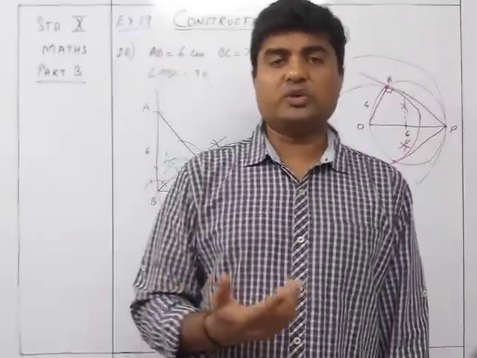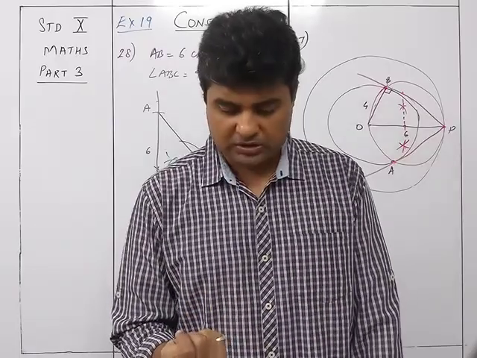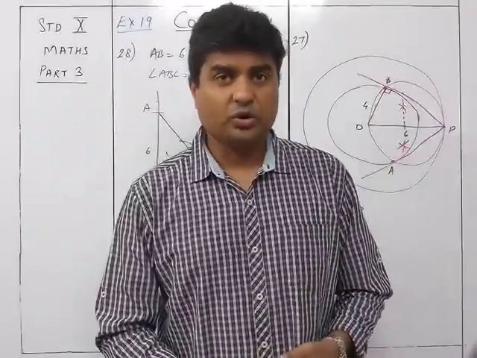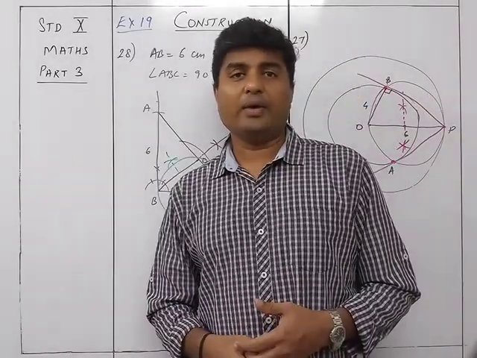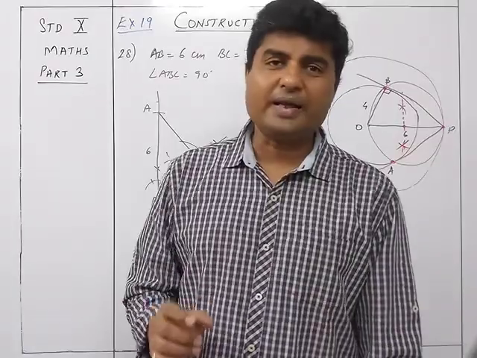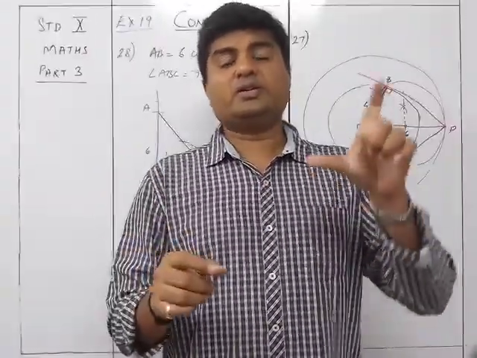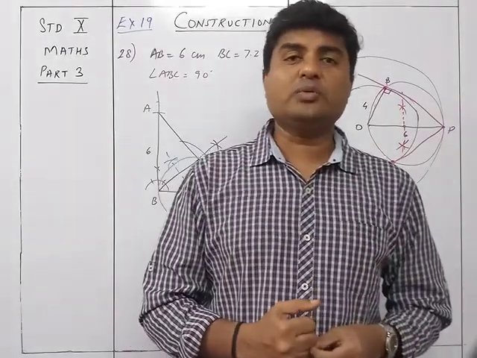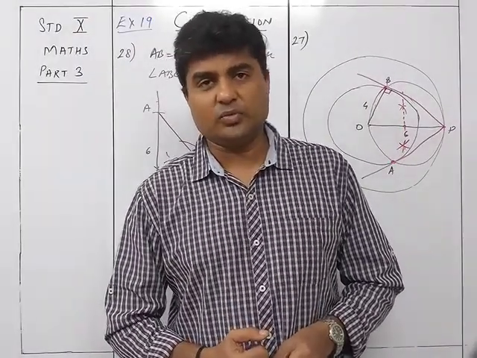But of course, such questions cannot be asked in the boards for you all, because the Locus chapter is not there. So definitely they can ask you questions like this, wherein you don't need that particular Locus part, that is equidistant from this. Locus part means which one, where it is given that equidistant from A and B, equidistant from A, B and B, C. When they say that, it is the Locus part. So that particular part you can consider to be cancelled.